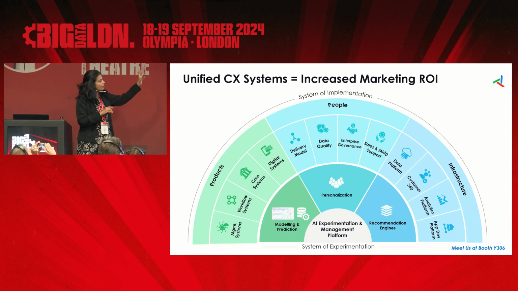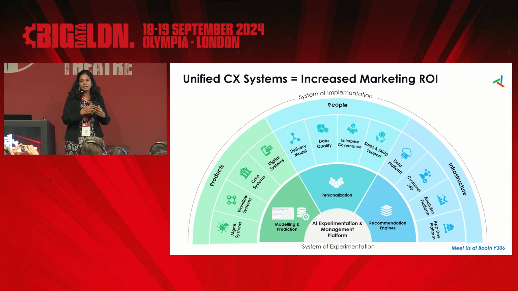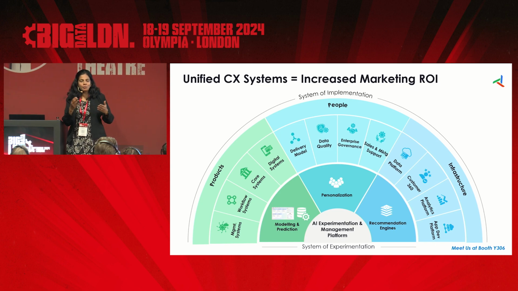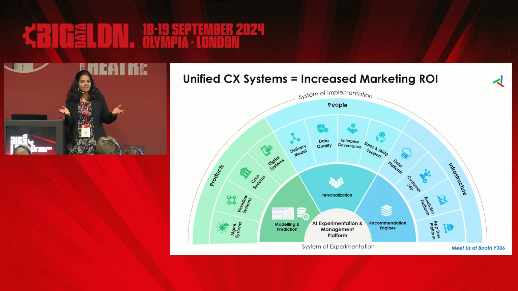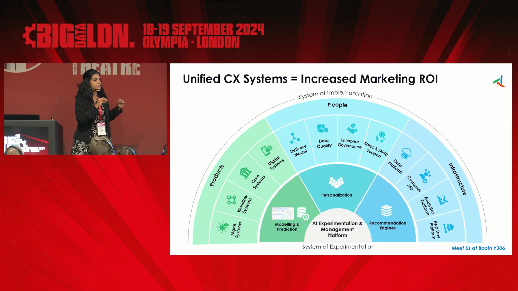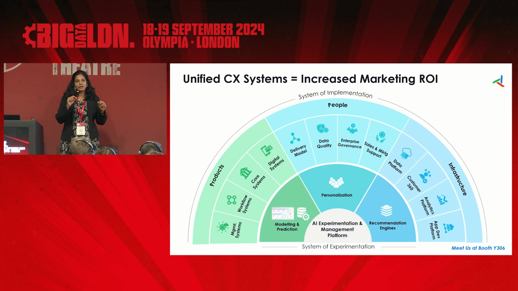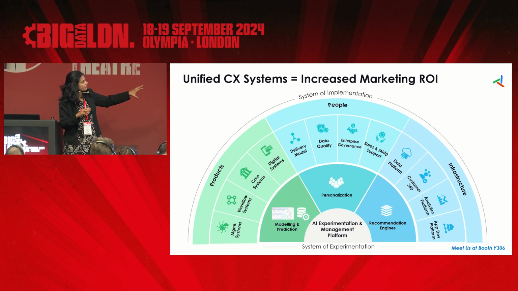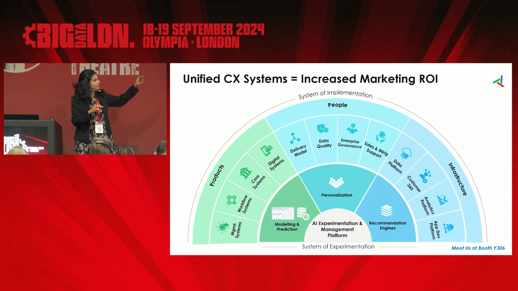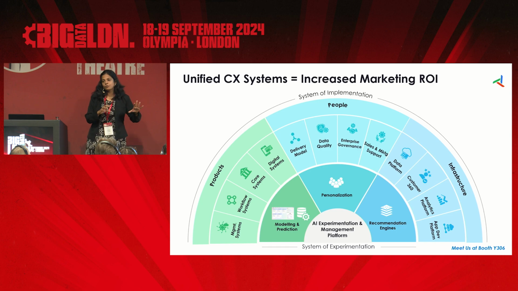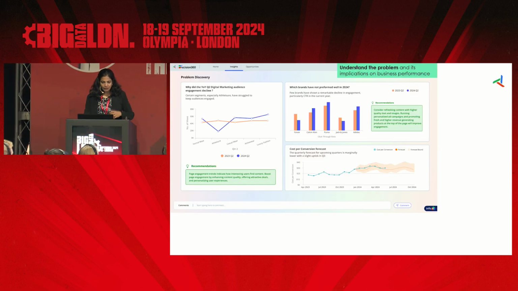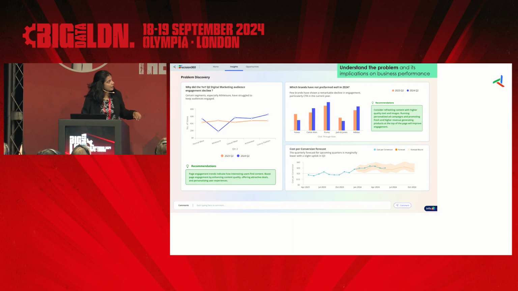And your marketing operations team can really be considered as the pit crew in your Formula One race, right? If your Formula One race is your enterprise, then these people need to be able to provide very quick, agile interventions for you to really achieve marketing success. And all of these systems, whether your systems of implementation, your systems of experimentation, insights, everything plays a very critical role in that.